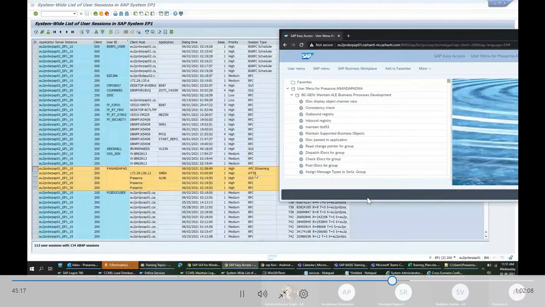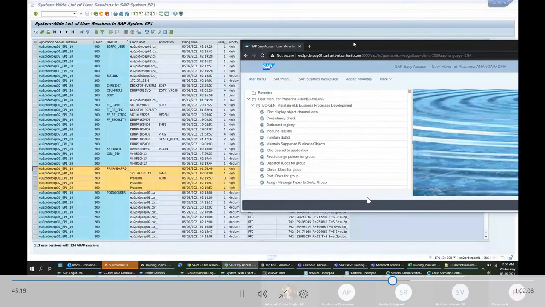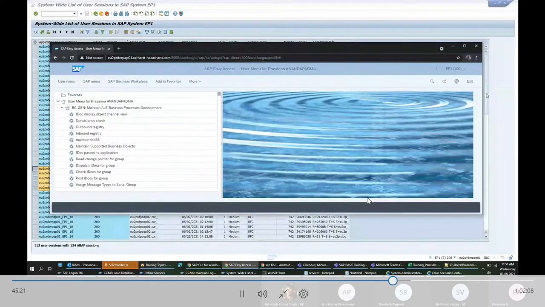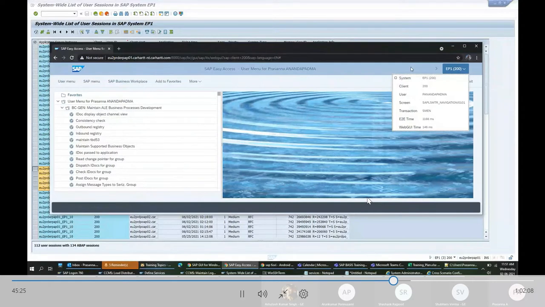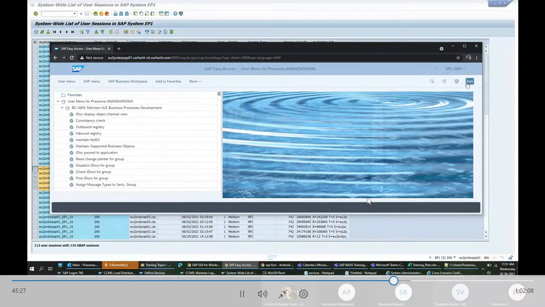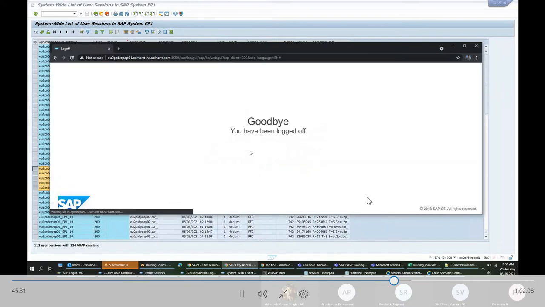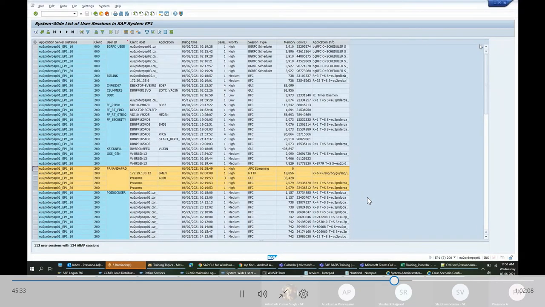What I'll do is log off from this session. Exit. So I have logged off and closed this session. Now when I refresh, the HTTP session has gone.